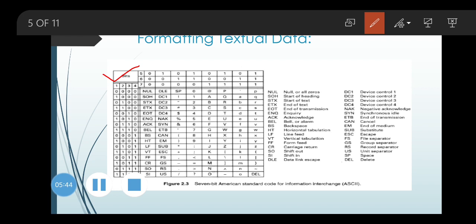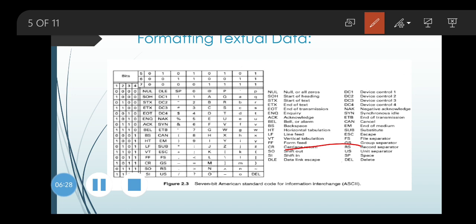If I take an example of how to represent S, now if I want to look for the representation of capital S using the American Standard Code for Information Interchange, this letter S is represented as 101 0011. I am going from bit 7 to 5, and then moving to the left-hand side, which is 0011. So 101 0011 is the code that will be encoded, or the bits that will be generated whenever you type S in your computer.